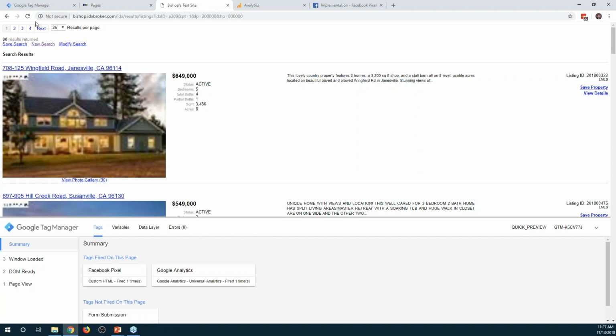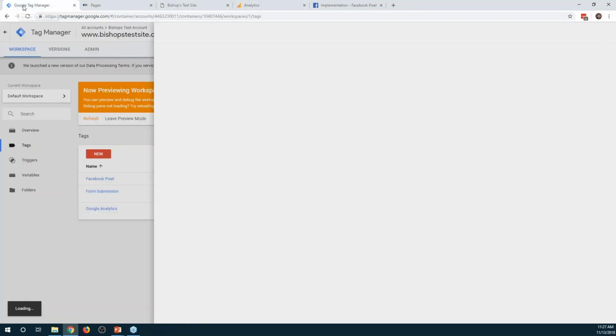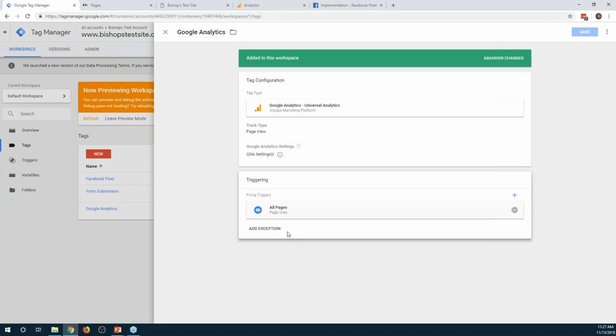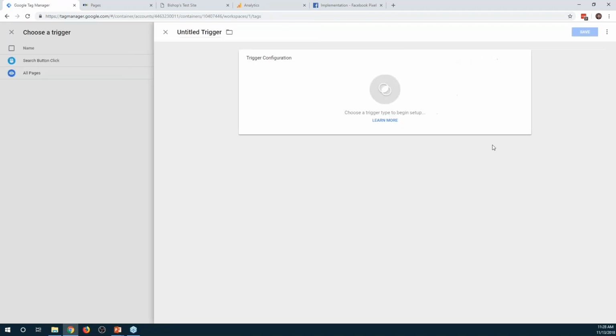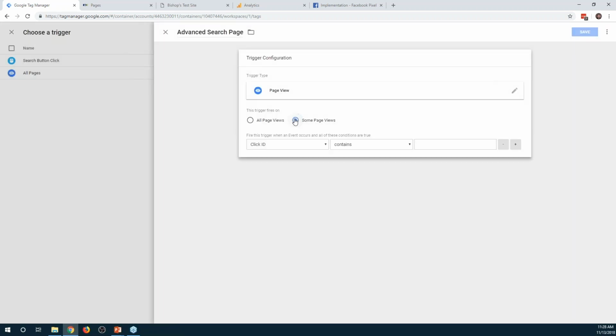I could show you another example of how to do filtering on, say for example, Google Analytics. So if we come back here and we don't want the analytics tag to fire on this page, then we could come into the triggering section and we can add an exception and we'll create a new trigger. And then this will be a page view, but some page views instead of all page views. And this one we'll want to be page path is equal to that value that I just copied out of there, which is